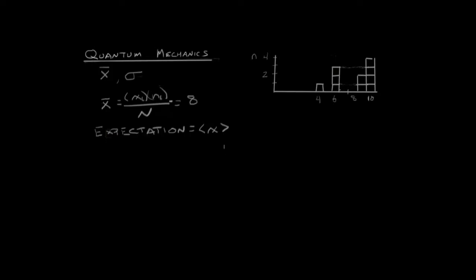The way we can talk about this in math terms is we'll put brackets around that, and we'll say that the expectation value of x equals 8. Using this notation, we also have a definition for the standard deviation, which is a measure of the spread of a system. And we know that that is the square root of the expectation value of x squared minus the square of the expectation value of x. And I should note here that the equation written is simply a more convenient form of the RMS deviation from the mean.